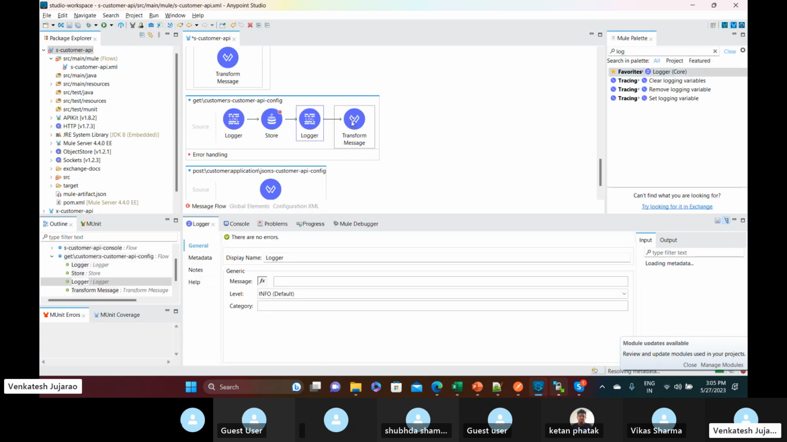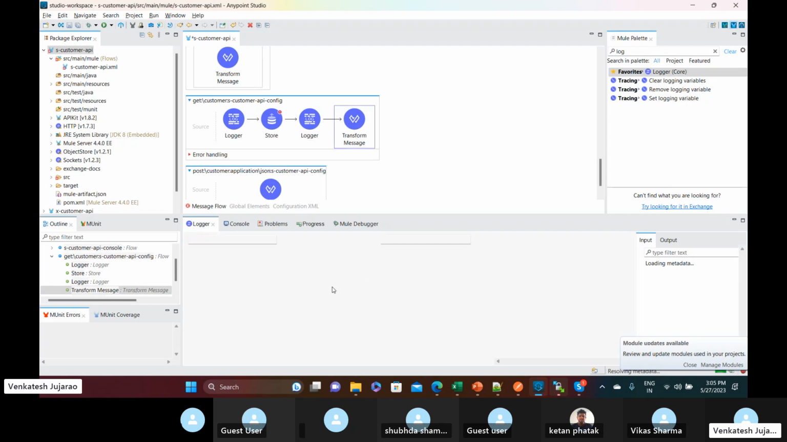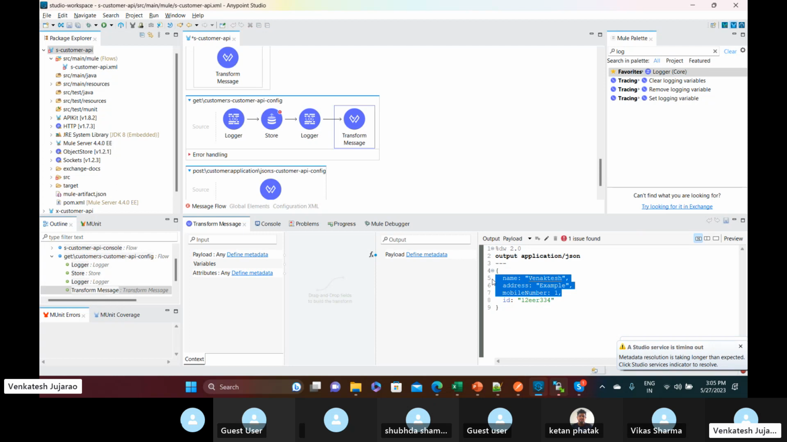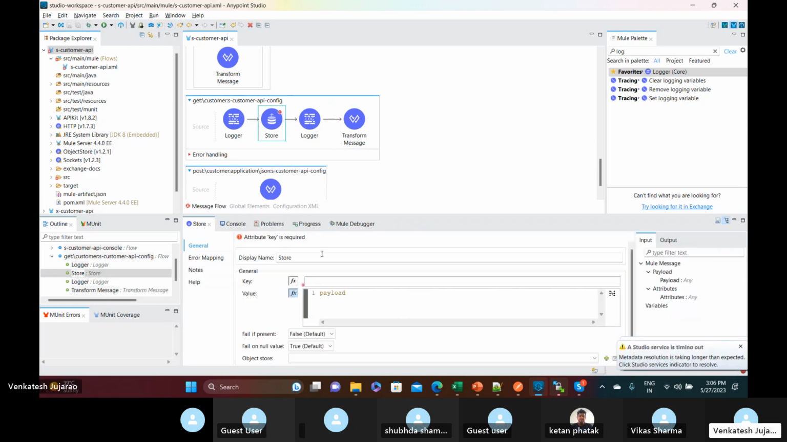And once the record is successfully created, I need to send out a success response. I don't have to send everything. I just have to send the ID. So as of now, you can see the ID is configured as basically a static value, right? We'll replace that. So now what I'm going to do, whenever we use the object store, we need to define